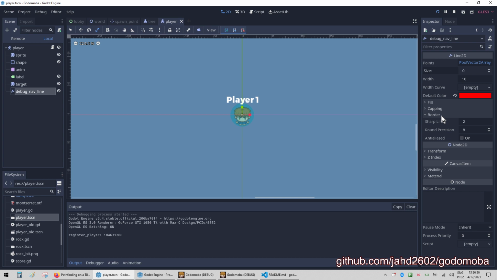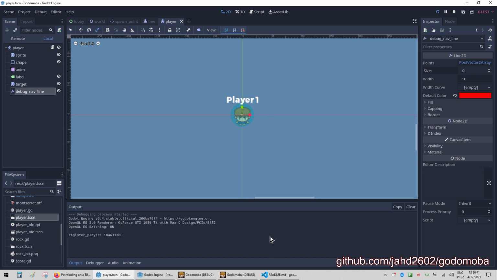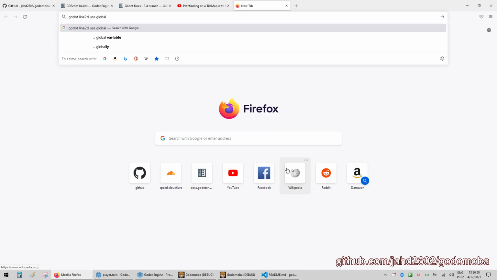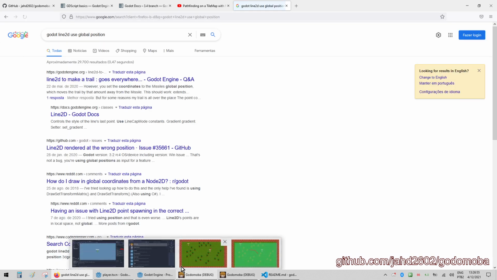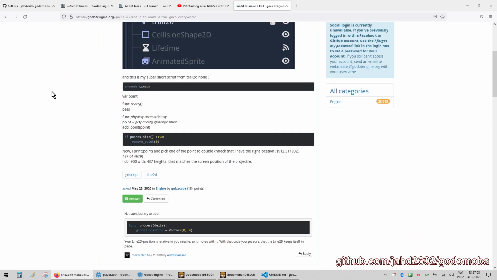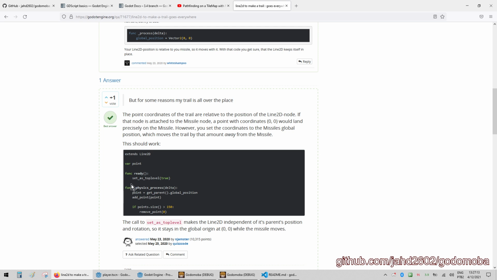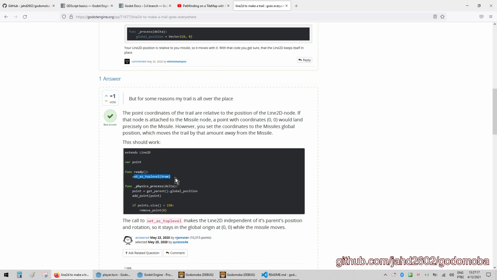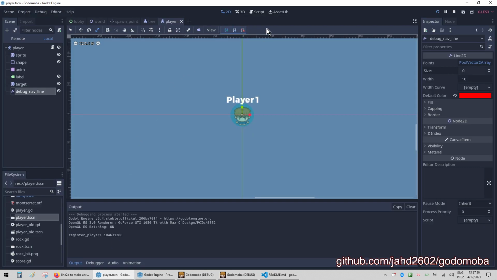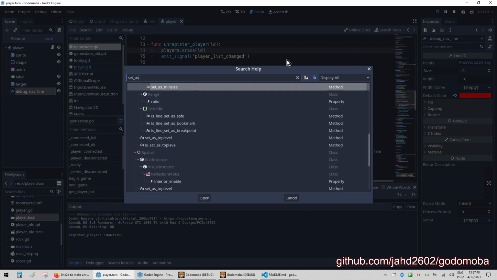So there is no direct way of telling the line 2D to use a global position. Let's ask the search engine really quick. So Godot line 2D use global position. It's really all over the place. Set a stop level. What is set a stop level? Okay, let's see. This is a good one. Here, let's search for help. Set a stop level